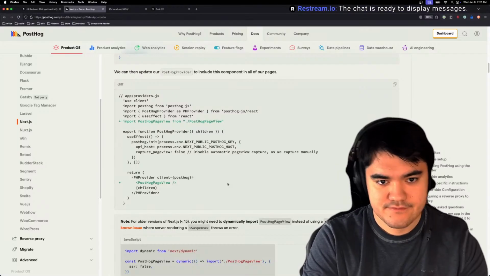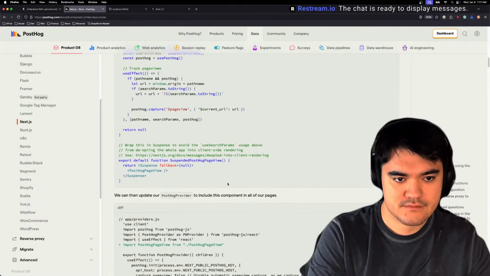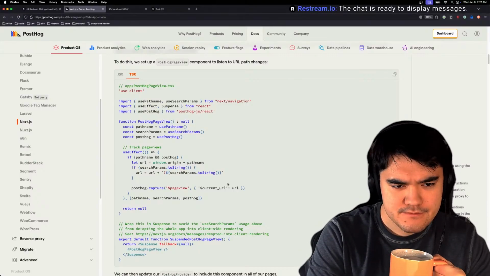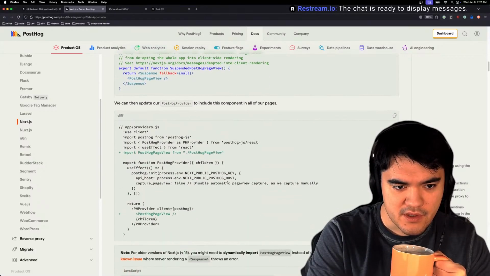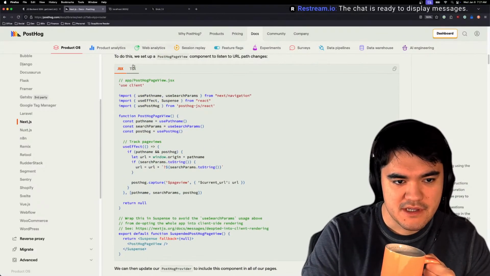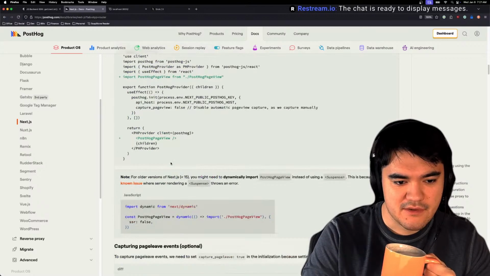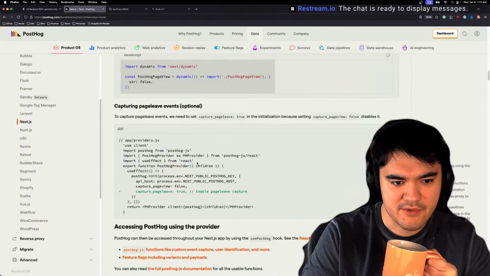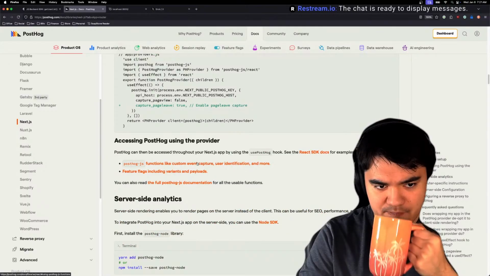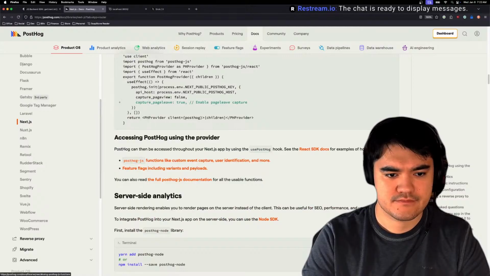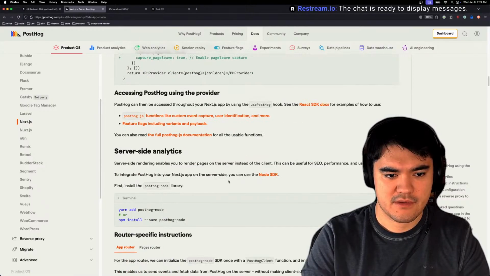Hold up. Well, that's not the name of the exported function here. Yeah, there's some weird stuff going on with this example code here. Accessing PostHog using the provider.